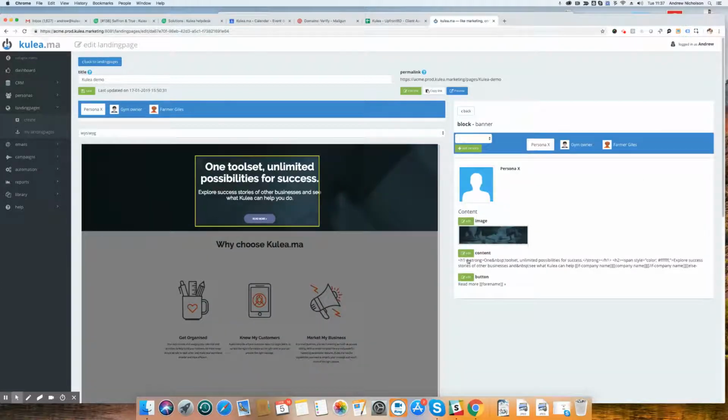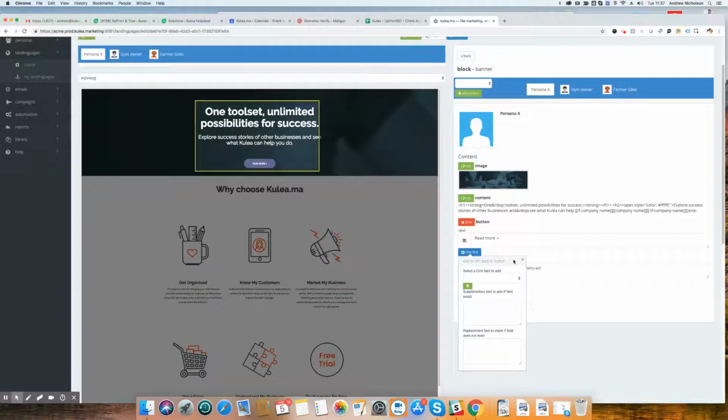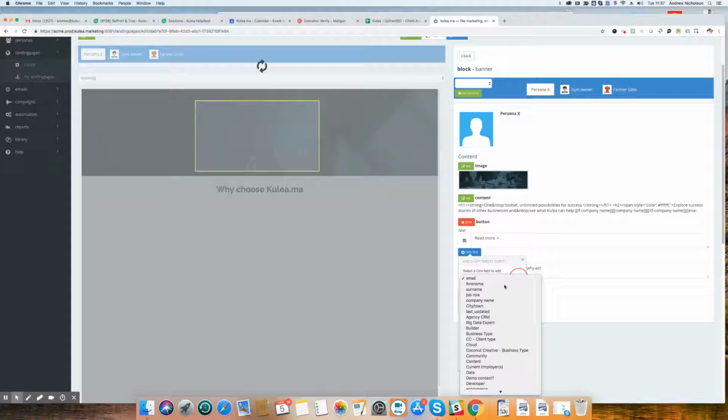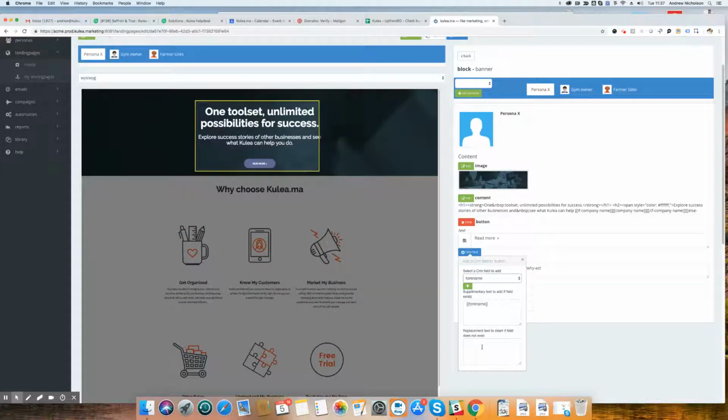So an anonymous view, it would be, okay, read here, forename. Now, if we know the forename, we would insert the forename. But because this is the anonymous view, all you can see is read more. And likewise, if you were to, let's remove that, pop in some dynamic content, just like we're doing here. And if we don't know that person, we're going to say friend. In the preview over here, see our button refreshes, and it will say read more friend because it's showing you